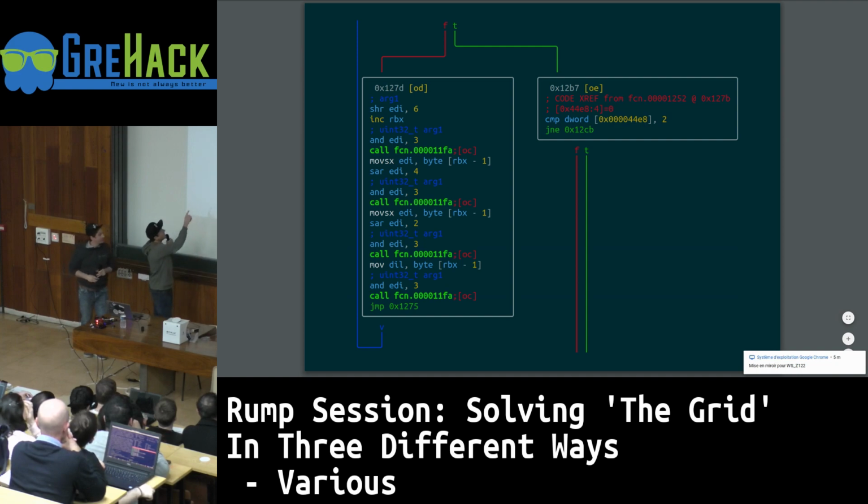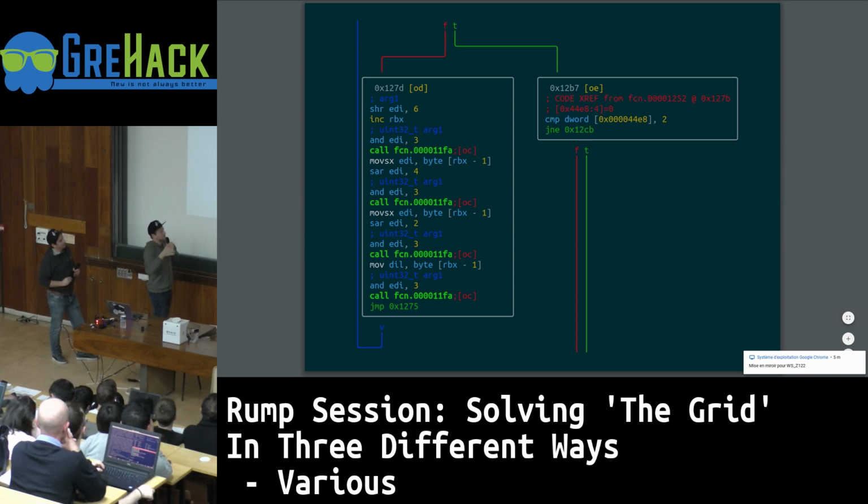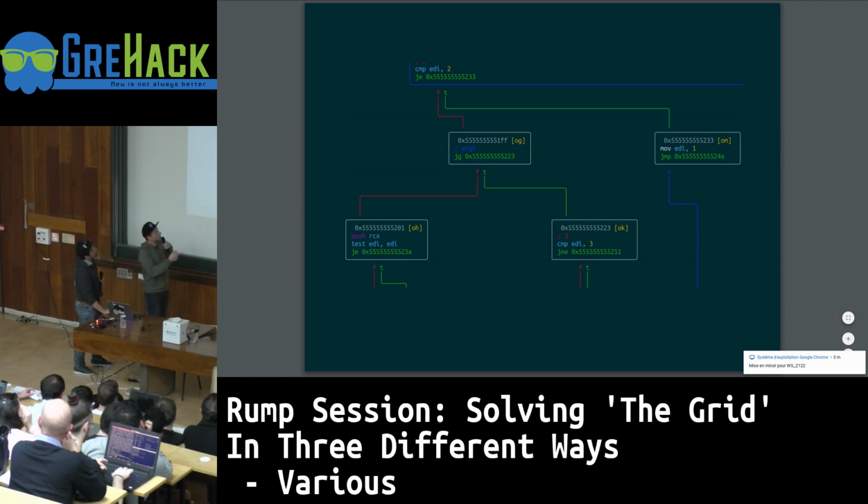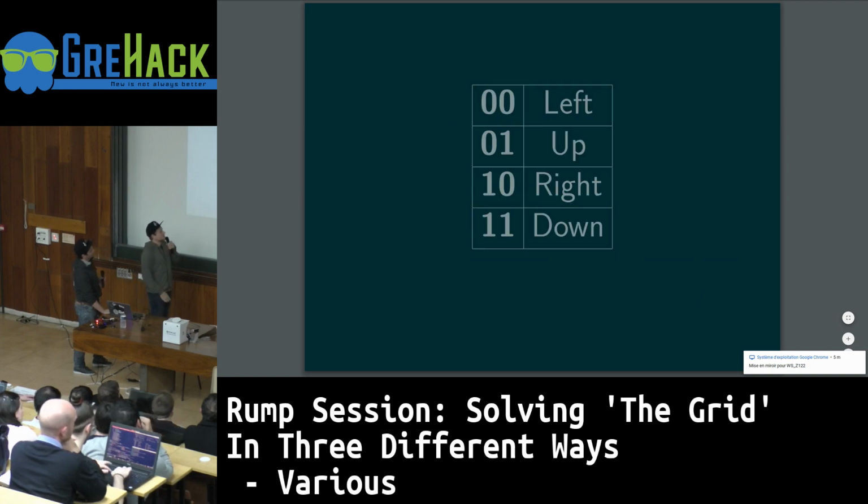So you just go and you see that the character you give to the program is sliced in 2-bit groups. And for each of these slices, it will call the same function. So I thought that it was a move function, and it is called with an argument which is on 2 bits. And then if you go to this move function, you can clearly see that it will decide which direction you will go depending on the value of these 2 bits. So it was not really difficult to find that if you give 0, you will go left. If you give 1, you will go